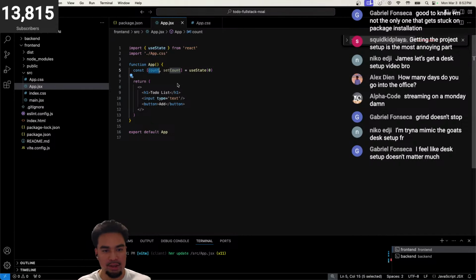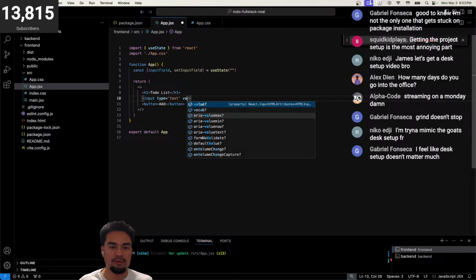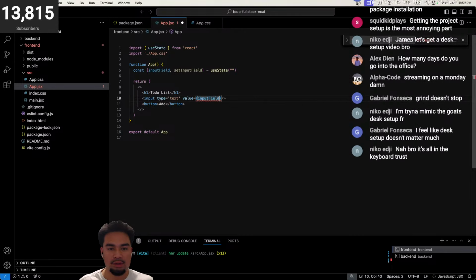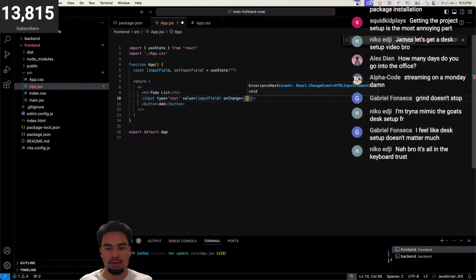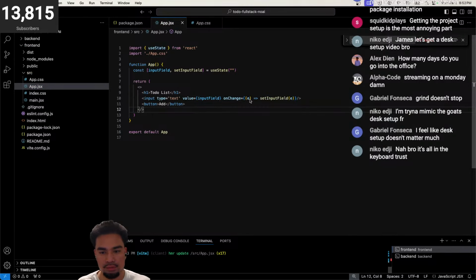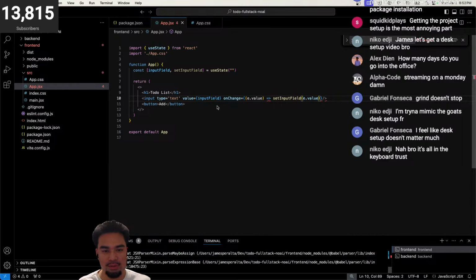We're gonna say text field, input field, set input field, start it off empty, put value, input field, on change, set input field, dot value. I'll probably have to Google this at some point, but